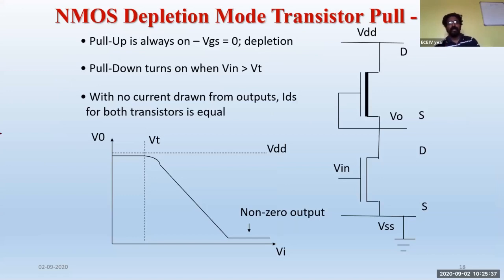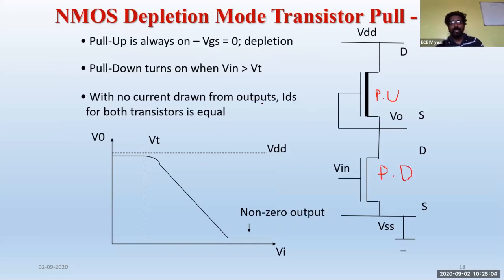So you can see here the same operation. I have kept another slide to make you understand. NMOS structure, NMOS depletion mode transistor pull-up device. This is your pull-up device. This will act as a pull-up device, and the bottom will act as a pull-down device. This is your pull-down device. So the NMOS depletion transistor is acting as a pull-up device here.